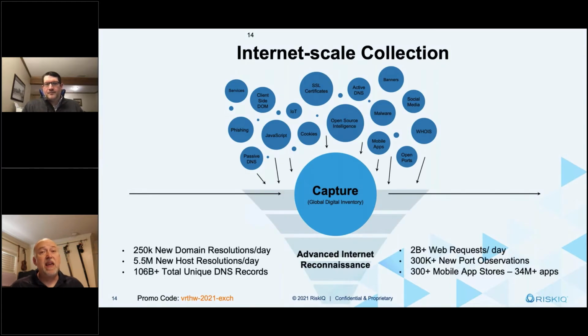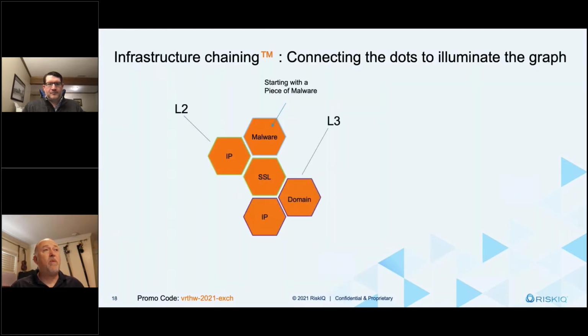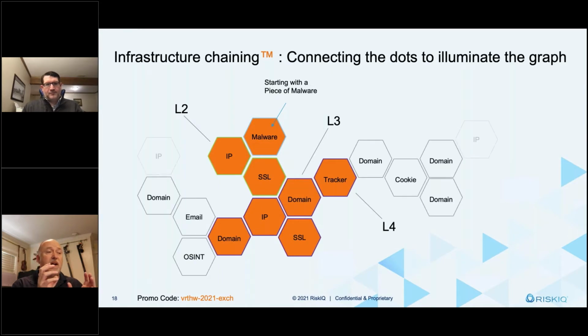We see about 250,000 new domain resolutions a day come online. We have over 106 billion unique DNS records. We do about 2 billion web requests a day bringing that data in. So it's pretty big. When you see that first piece of something bad, you can link it together using RiskIQ to build that infrastructure chain to see the full extent of that.